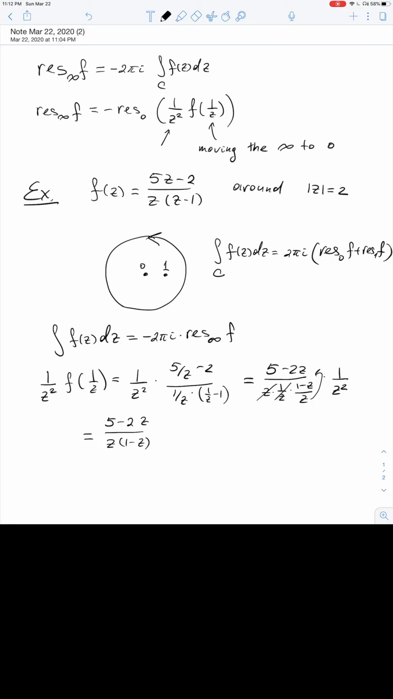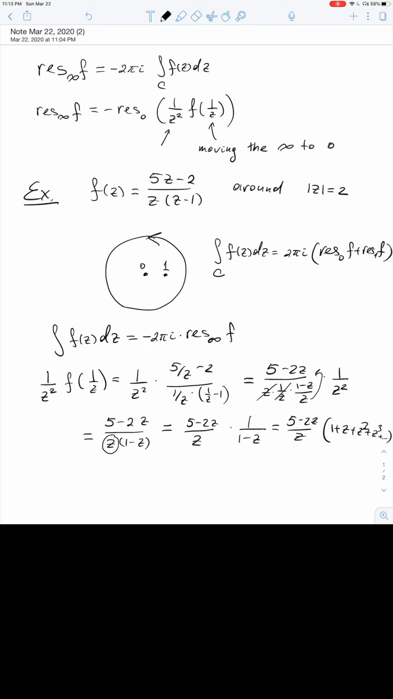And the good thing is that this z helps us. So the only thing that we need to write as series is 1 divided by 1 minus z. So let's see how it works. We have 5 minus 2z over z, which is fine, times 1 divided by 1 minus z. And this 1 divided by 1 minus z is easy to write as series. We have 1 plus z plus z squared plus z cubed, and so on. And we can now easily see